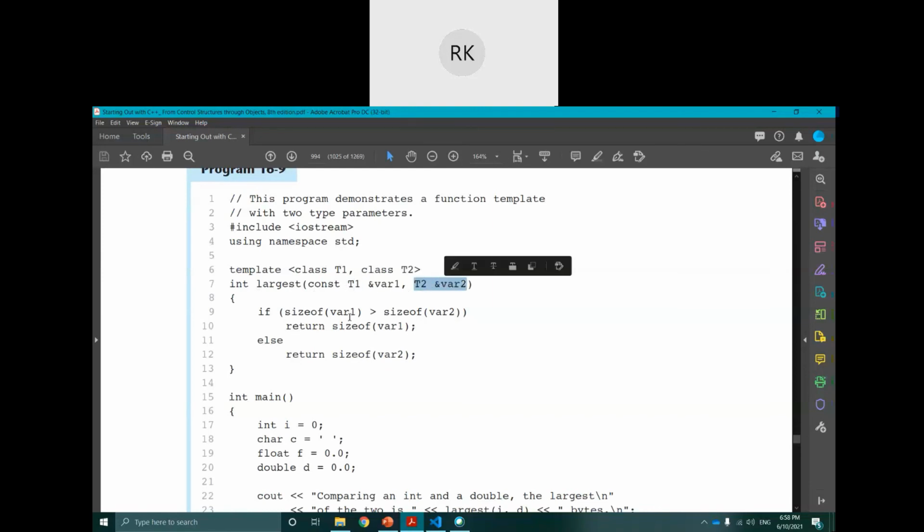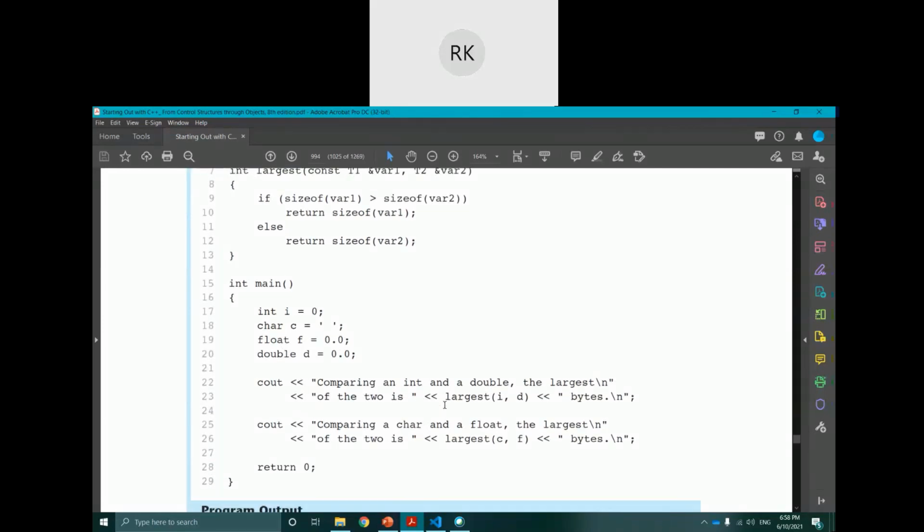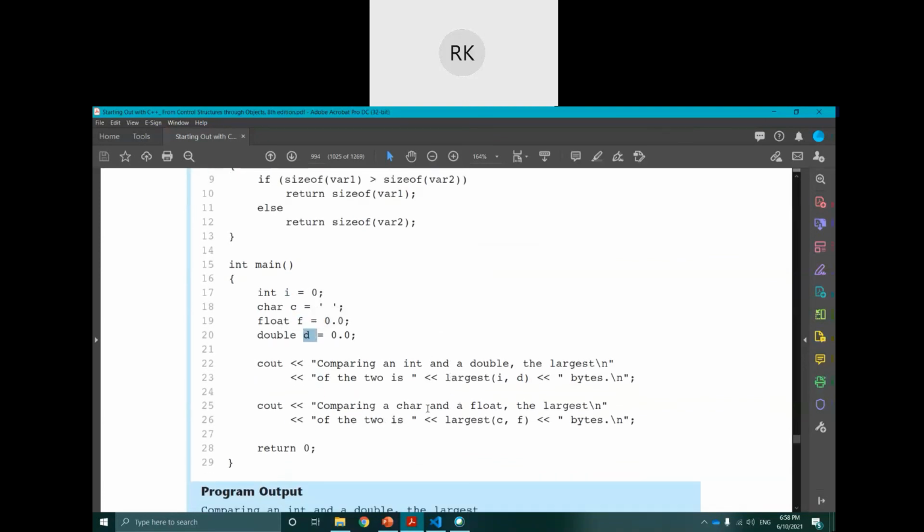And you see here we didn't use any T. Why? Because we already know that the sizeof function will always return a numeric, integer value, so there is no need to specify it. Even if you pass character and double, the sizeof function returns an integer. So you see one time integer, one time character, one time float, one time double, and we call the same function many times.